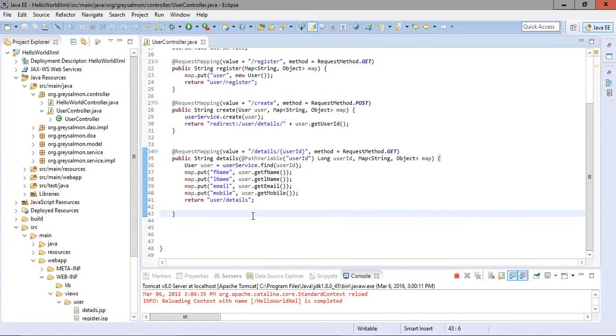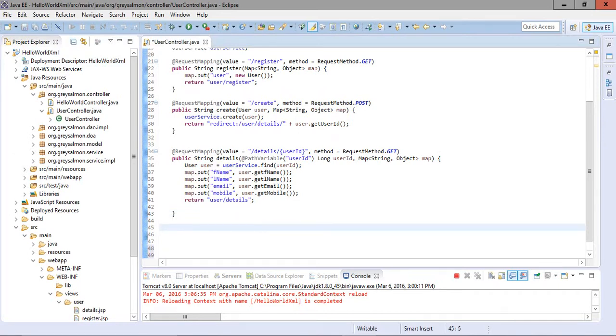Now here we provide one handler for displaying the list. So here the request mapping, and then the value is equal to list. This is the handler list, and then the method is equal to RequestMethod.GET.